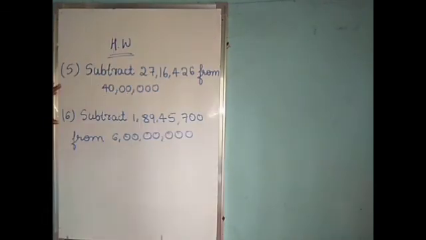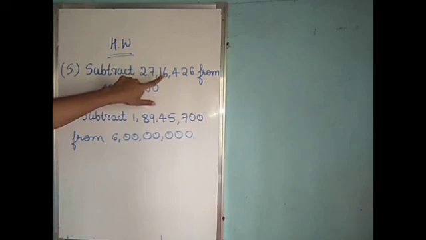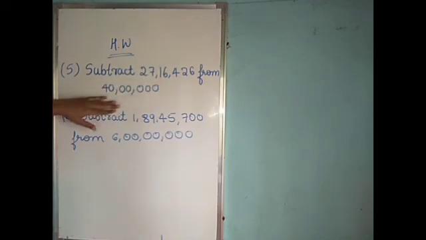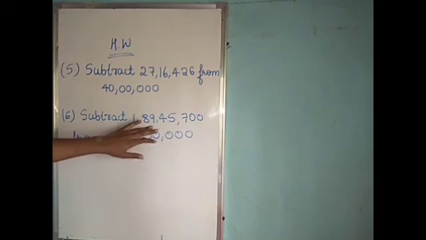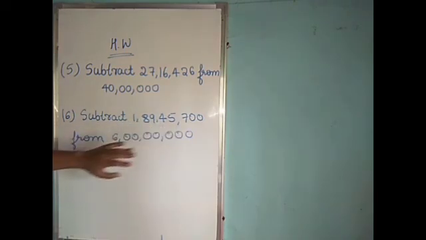Today's homework, fifth one, subtract 27,16,426 from 40 lakh, and sixth one, subtract 1,89,45,700 from